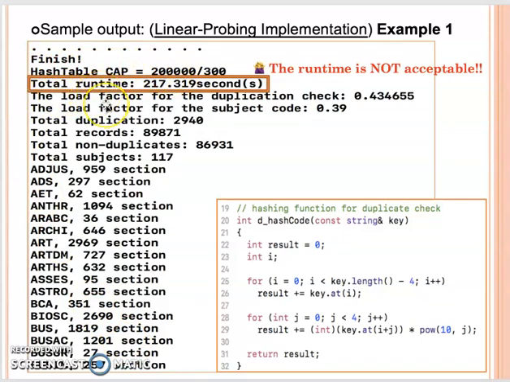So that's why here I want to show you some bad example and good example. So this one, actually, the total runtime for the linear probing is almost 4 minutes. It's totally not acceptable. The reason is the hash code function. So what you really need to think about for this homework assignment is what hash code function you should use